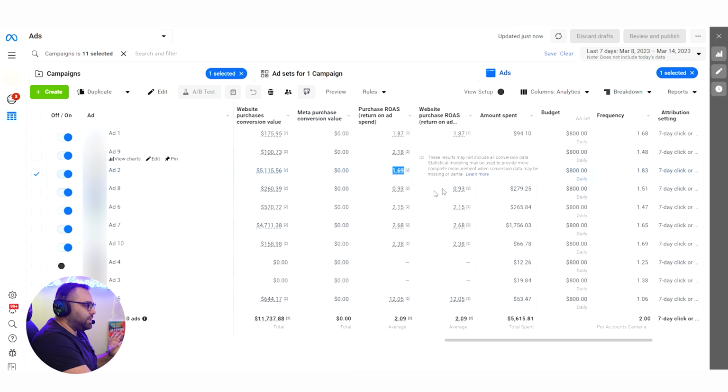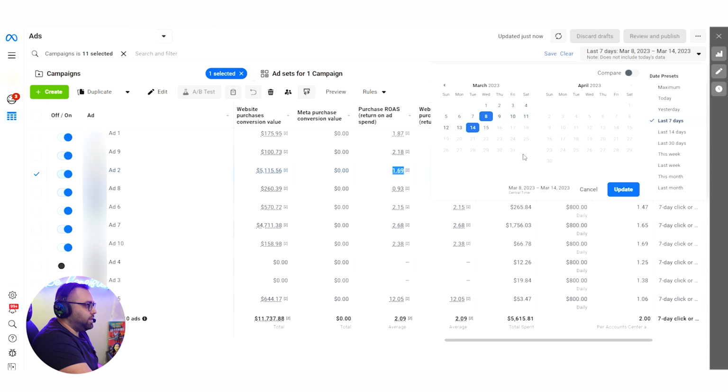Now what happened is that this one is taking a lot of the budget, but it's giving also budget to the others and they are actually having sales. So in the average, I'm fine. I don't care if it has 1.69. I'm not going to disturb this balance until I see it failing again and again.